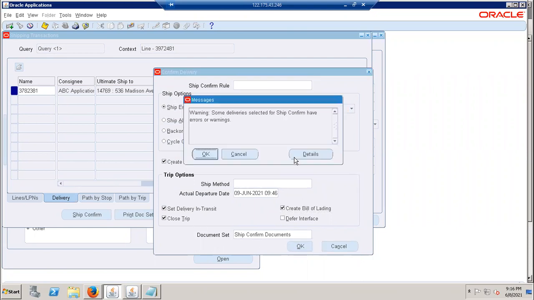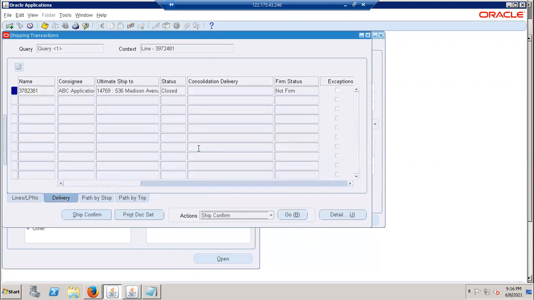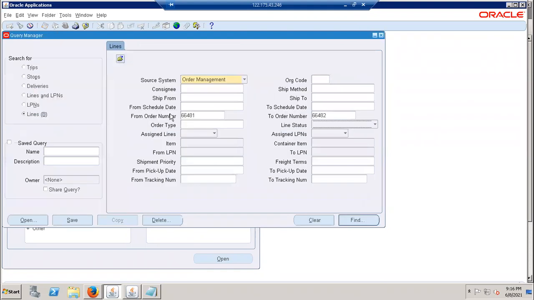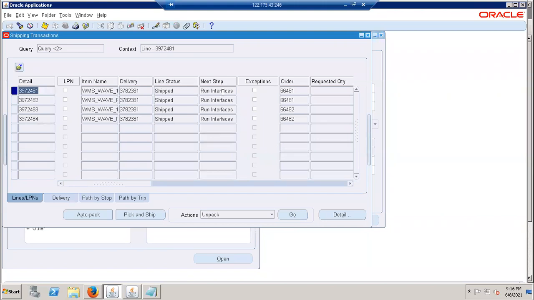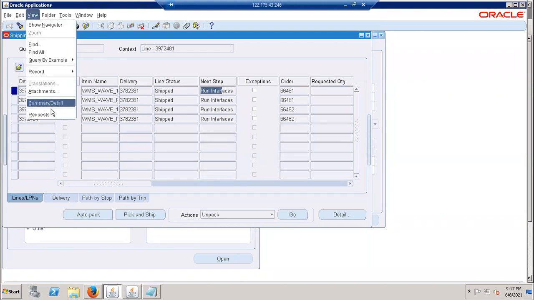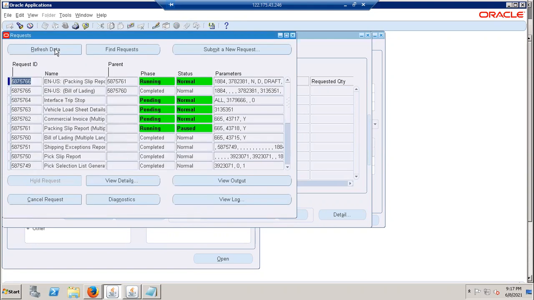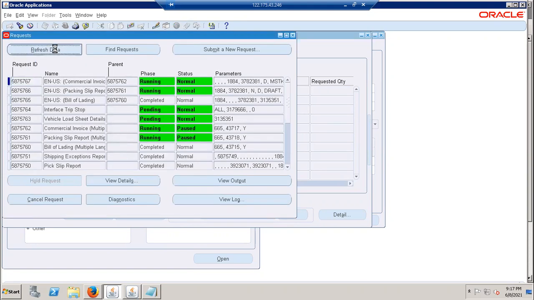Now we'll go. Okay. No, it didn't come. Just go and see your lines now. It will get automatically shipped. Run interface will go this one. That means we need interface ship. That's okay. It's not our big thing. Now shipping is automatically run interface ship. So this is now the end-to-end process of how this will happen here.